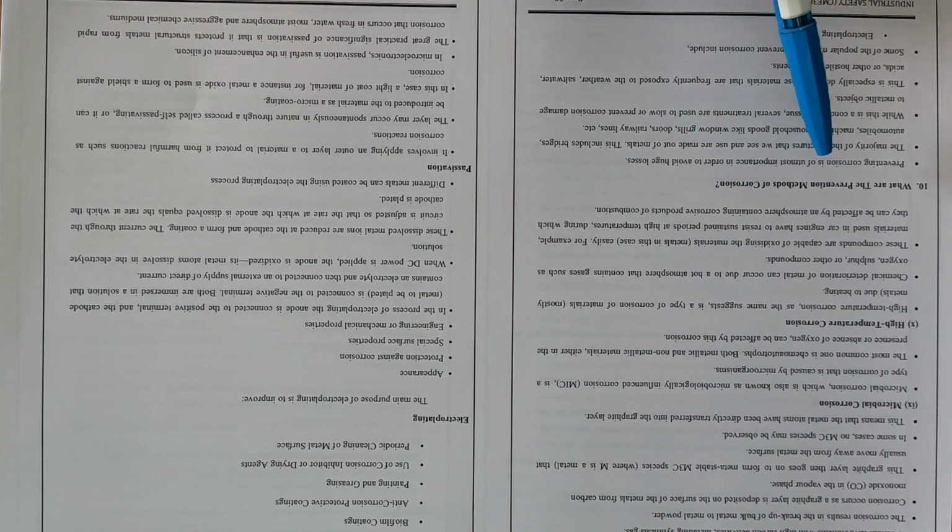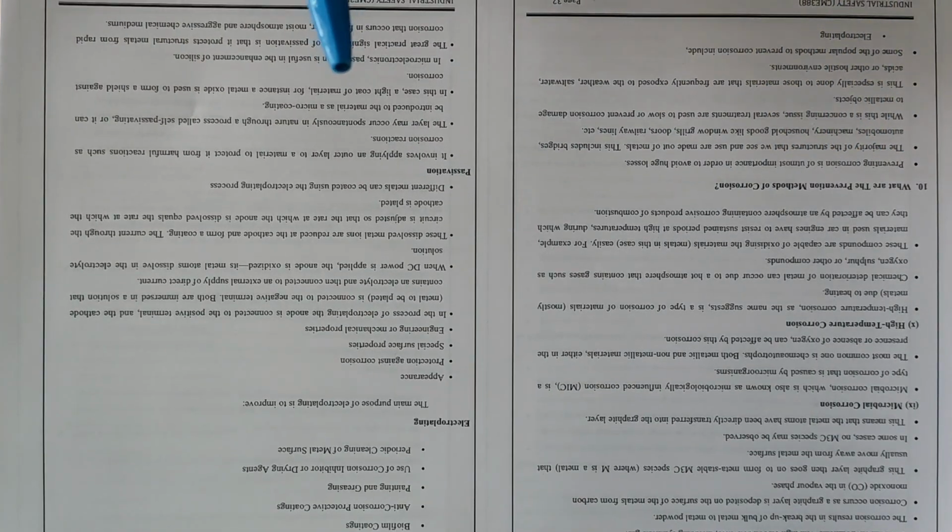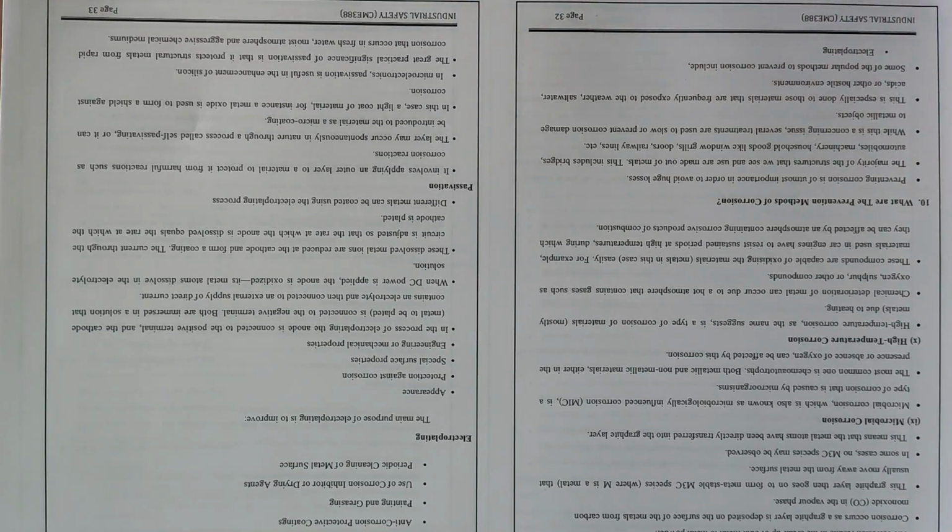What are the prevention methods of corrosion? Preventing corrosion is of utmost importance in order to avoid huge losses. The majority of the structures that we see and use are made up of metals. This includes bridges, automobiles, machinery, household goods like window grills, doors, railway lines, etc. While this is a concerning issue, several treatments are used to slow or prevent corrosion